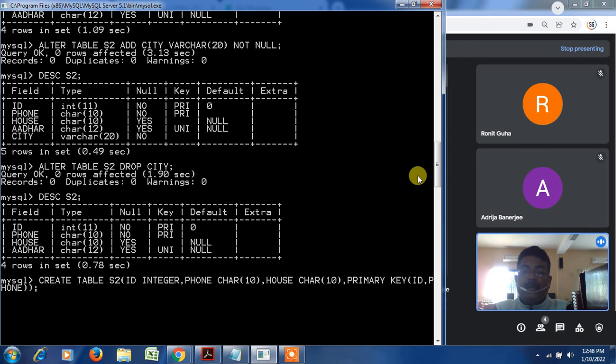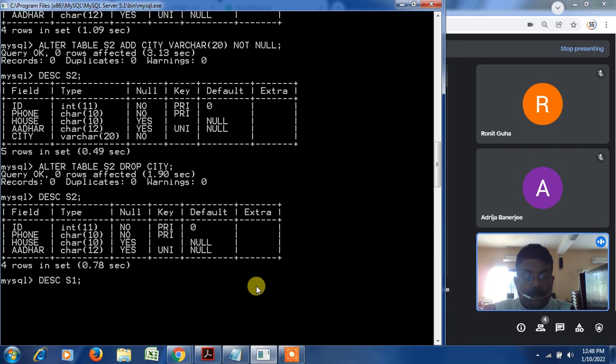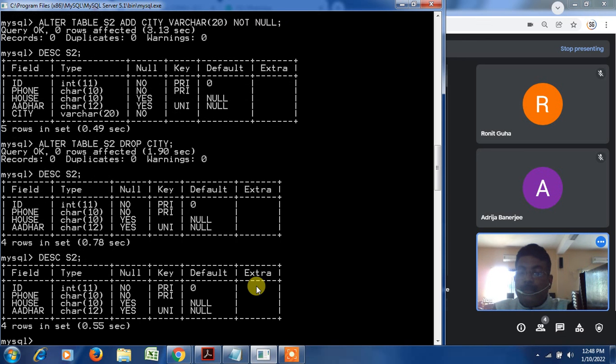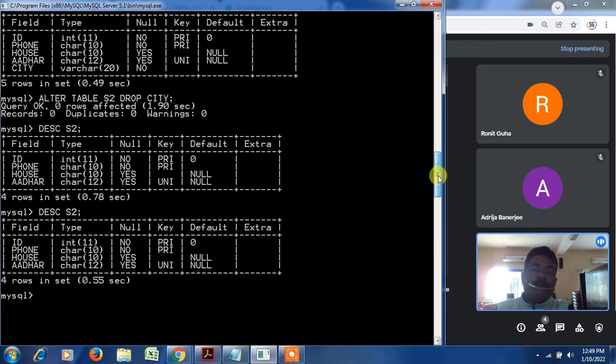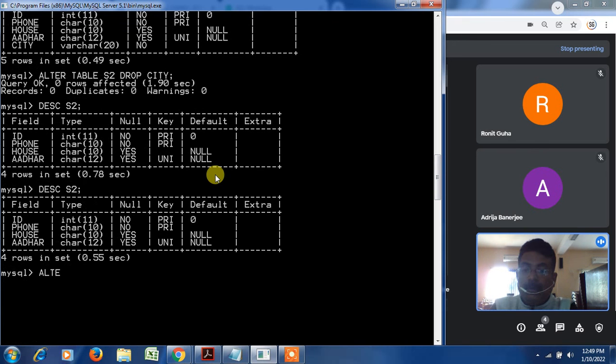Clear? So the composite primary key can be added by using the alter command also. If you want to see, S2 is appearing with this thing, you see out here primary key. Now I feel I want to remove this. What I will do: alter table S2 drop primary key.